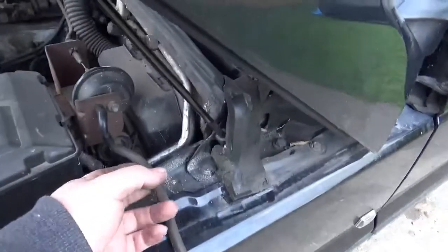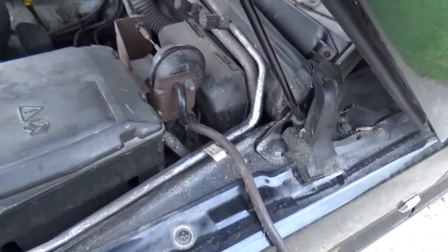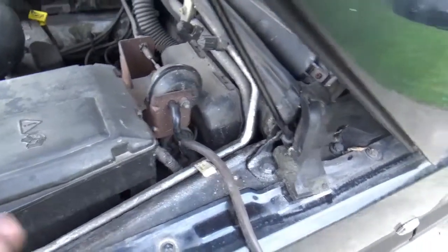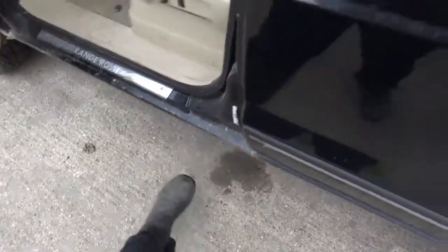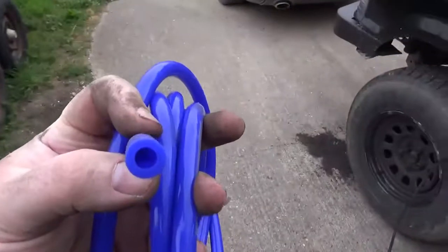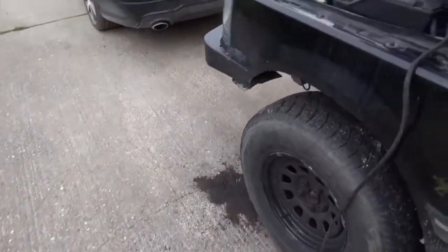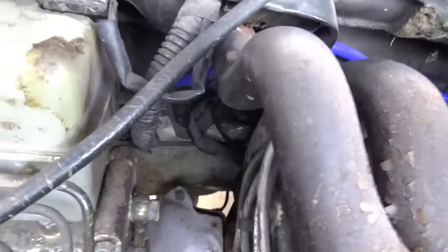So that's the old hose just dragged out of there all the way along, and yes, I could have tied the new one to it and saved myself a few minutes, but hey, why make things easy on yourself? So now I'm going to introduce the new hose, which is this blue because they'd ran out of black silicone, diameter 6mm internal, and I'm just going to start feeding it through. So after a fiddly start, that's the new blue hose fed through the bulkhead, along the back